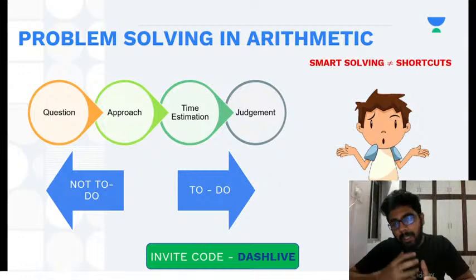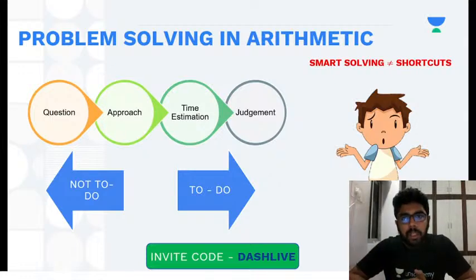Shortcuts are derived from the actual process. They are a technique to save you some time, but you can only apply it if your concept is strong, if your logic is strong, and when you know how and when to apply it. Just knowing the formula or the trick is not enough. You have to be clear on the concept. You need to know the process, and only then can you appreciate that this shortcut can save you some time. Knowing the shortcut without being thorough on the topic and the logic doesn't help at all.